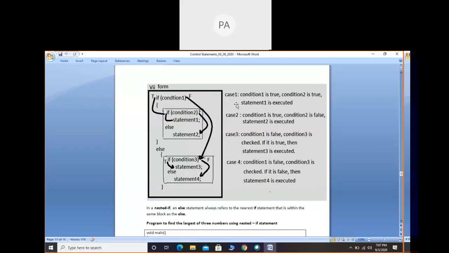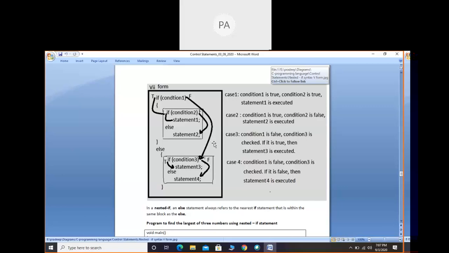So if you look at the seventh form, if condition 1, opening brace, next we have one set here. If else condition one set, if condition 2, statement 1, else statement 2. And for condition 1, closing brace, after the closing brace, else, if condition 3, statement 3, else statement 4. So we can consider this as the seventh form. As I said, we can still write many forms, but it's enough till here. So whatever we come across in if else, we can understand by these forms.